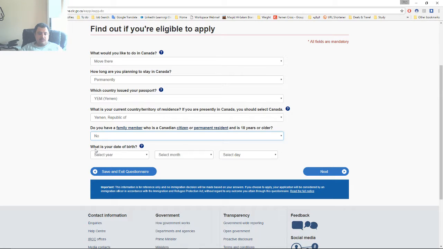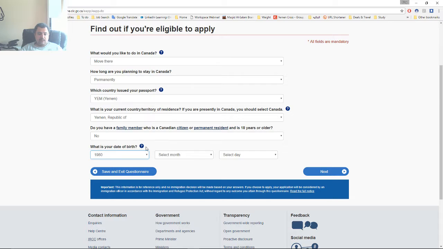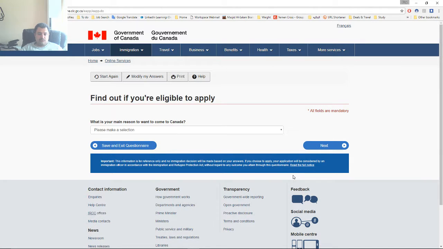For the permanent residency, here you put your date of birth. As an example, let's say 1985 or 1986 or 1980 and January 1st. Okay, next, you click on next. This would be the easiest way. Instead of going to a lawyer or an immigration consultant to check if you are eligible or not, this would be the first step, and it will be free of charge. So you can always change between the answers to see what would make you eligible.